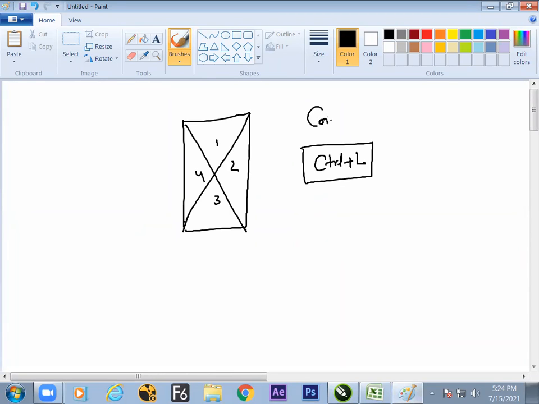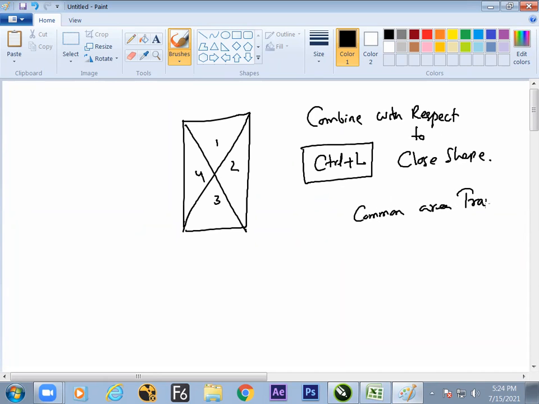Combine with respect to closed shapes: the common area becomes transparent.